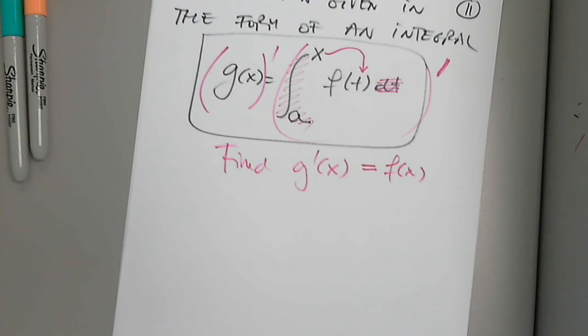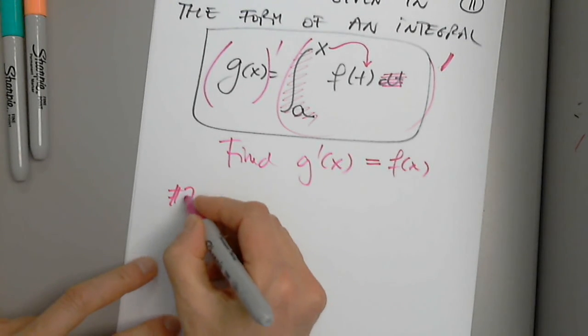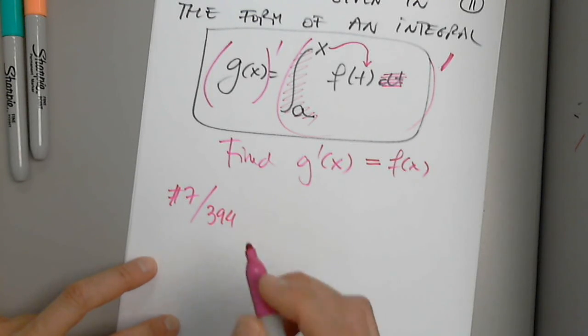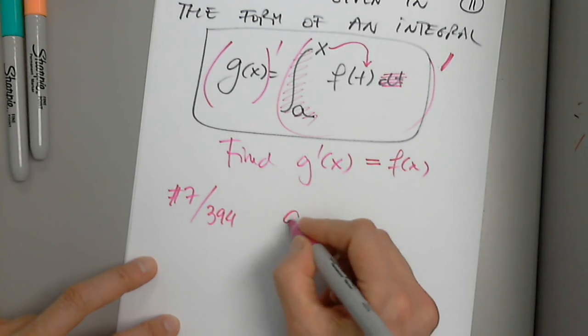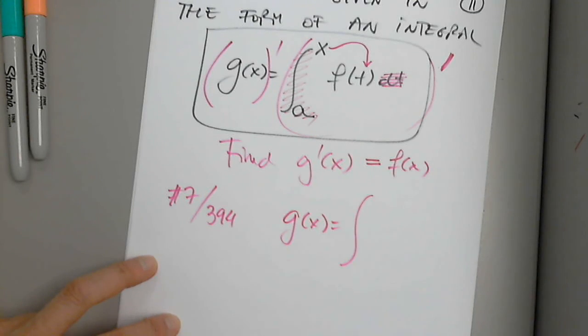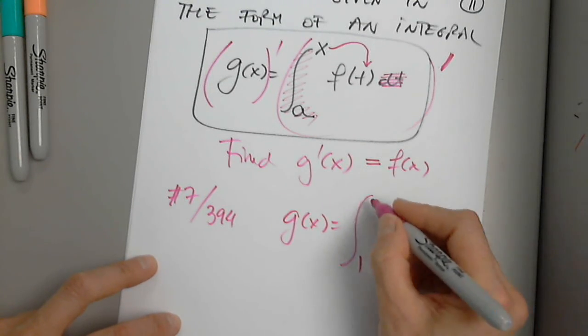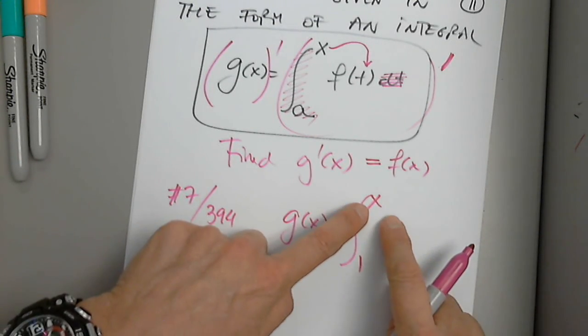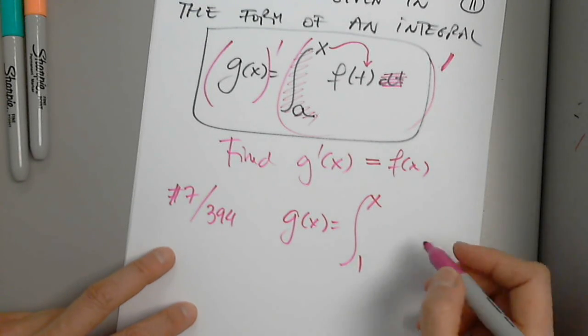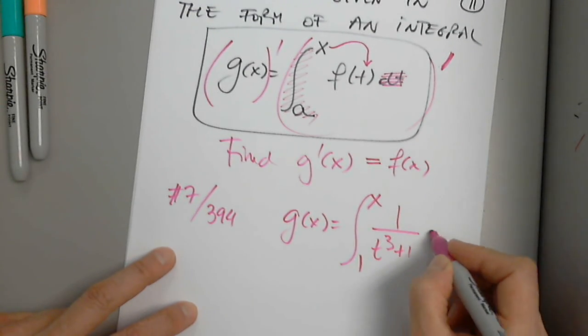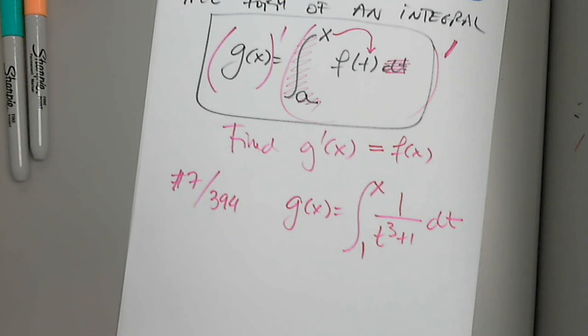So you'll see how this works in just 1 minute. Let's look at page 394. Let's start with problem 7, 394. We are given a function g of x. It's the integral from 1 through x, because it's g of x, it has to have x in it. And the function is 1 over t cubed plus 1 dt. We are only asked